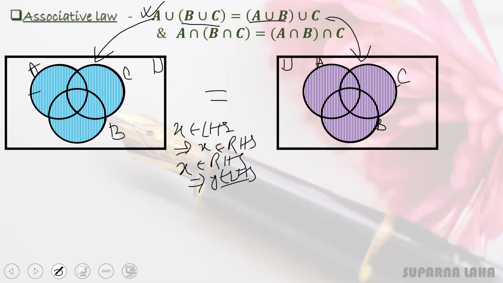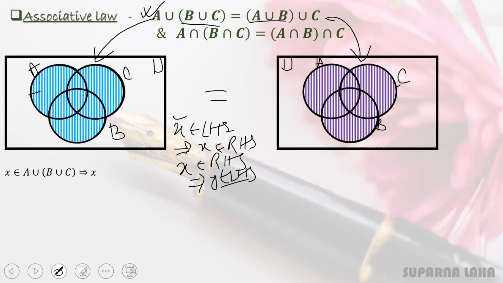So if you can show that any element present in LHS is also present in RHS, and the previous part also, at that time you can say these two sets are equal. Just by one part you can't say that they are equal. That means the first part shows LHS is a subset of RHS, and the second part shows RHS is a subset of LHS, and when both cases happen, then it is equal. So let's check this mathematical expression.